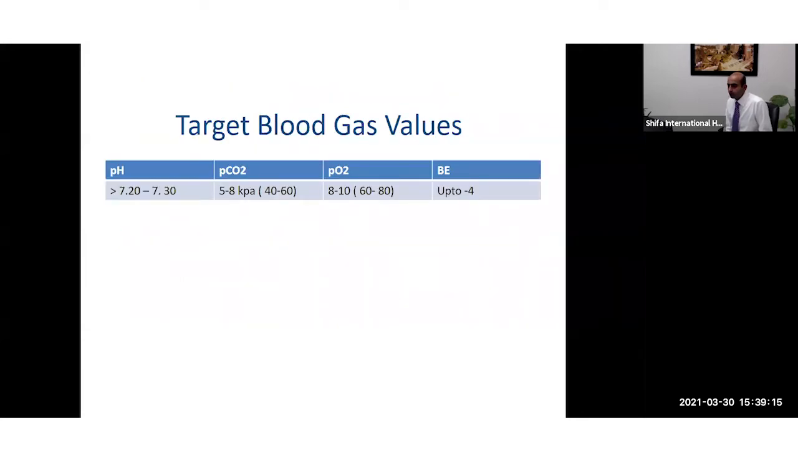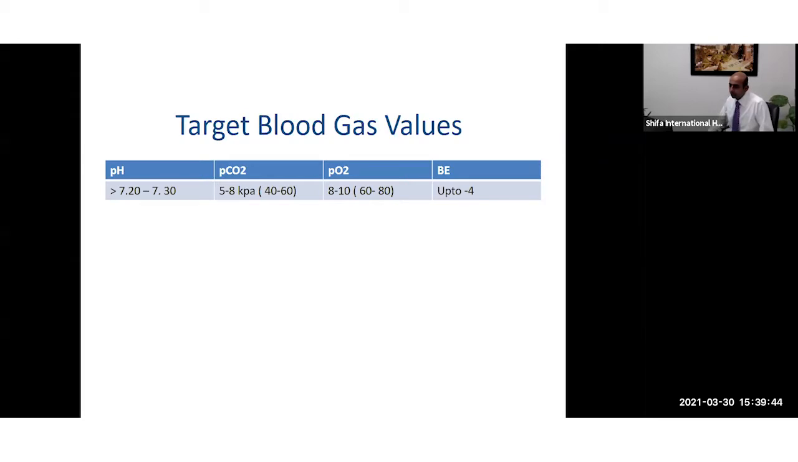So what are our target blood gas values when we are ventilating the babies? The target pH that we aim for is above 7.20 to 7.30. Especially for very preterm babies, we don't aim for a normal pH. For the first few days, a pH above 7.20 is acceptable, and after the first 5 days, a pH above 7.25 is acceptable. And the PCO2